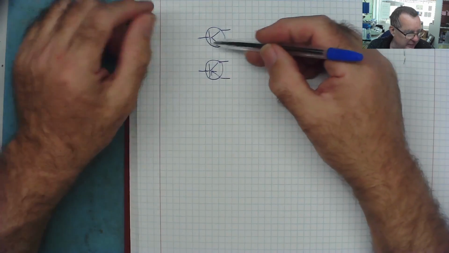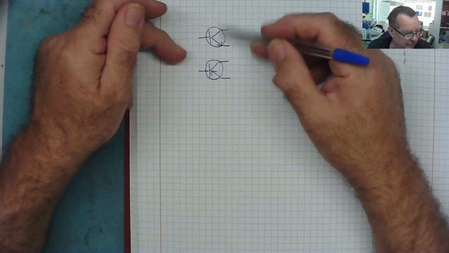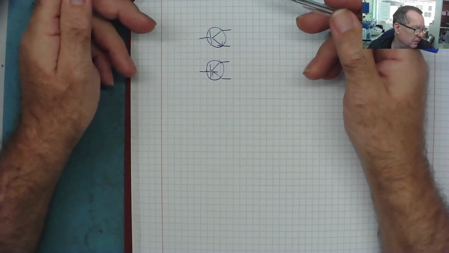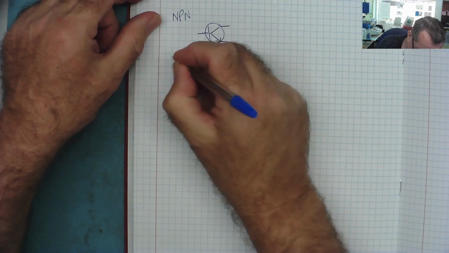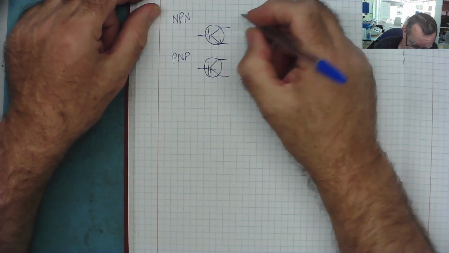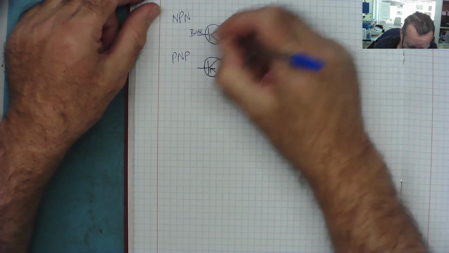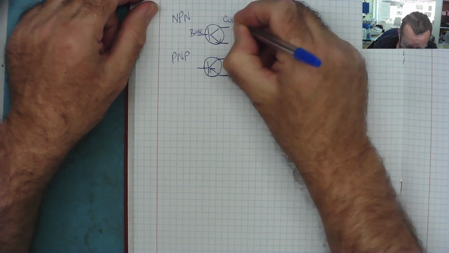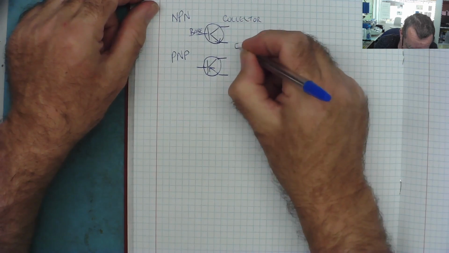So all the voltage and polarities and the current flows on this are mirrored on this one. NPN, PNP. The 3 legs are called base, or B, collector, or C, and emitter,